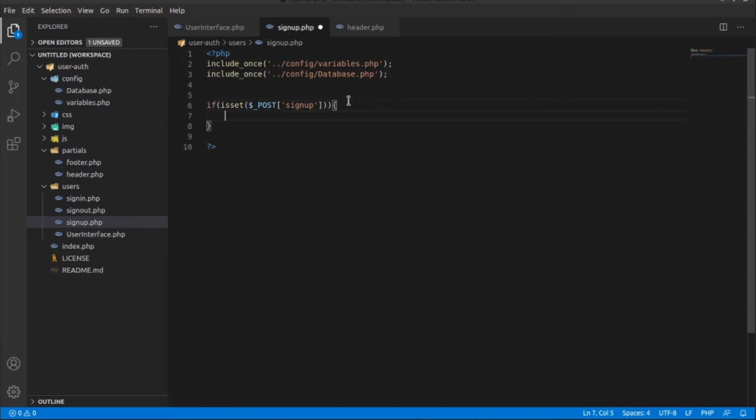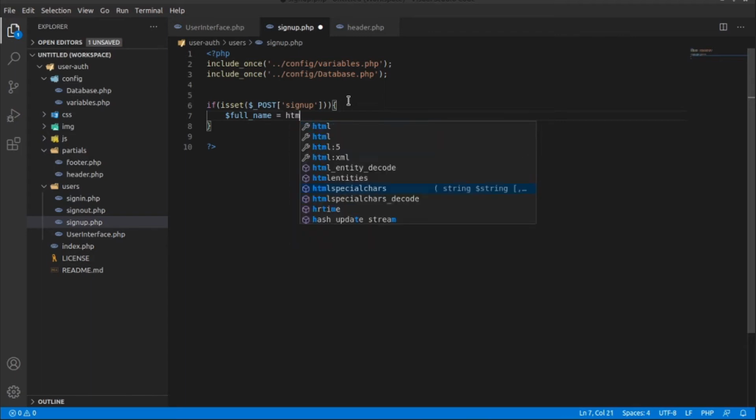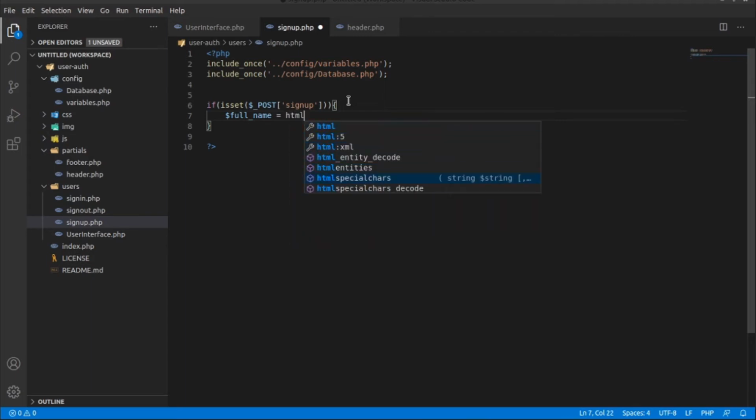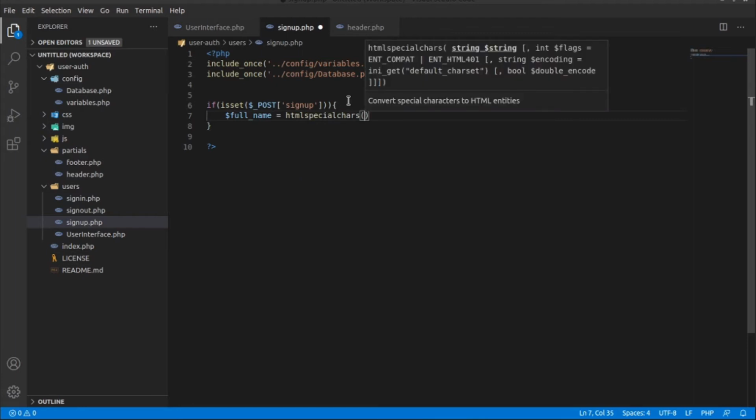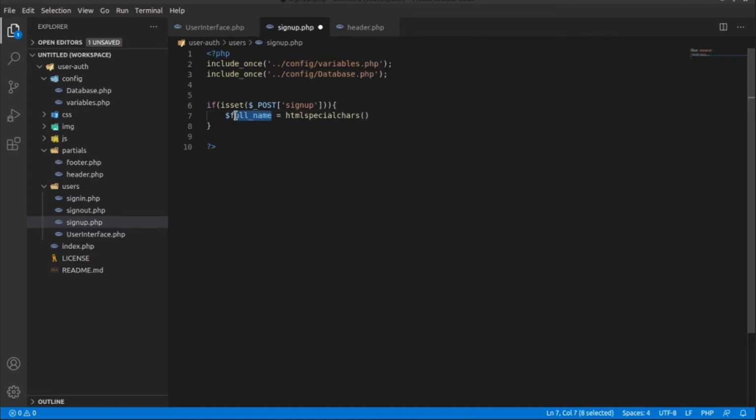Okay, for that let's make a variable full name. We are going to store the data from the user in here. htmlspecialchars. What it is going to do, actually, when someone enters a SQL command inside the form, then this will get to us as a plain HTML or plain string format, so it is protected from SQL injection.